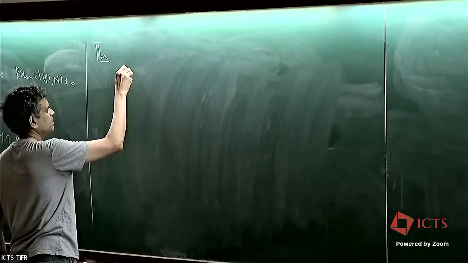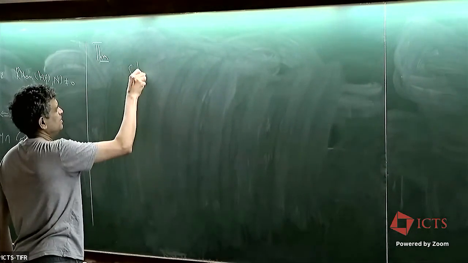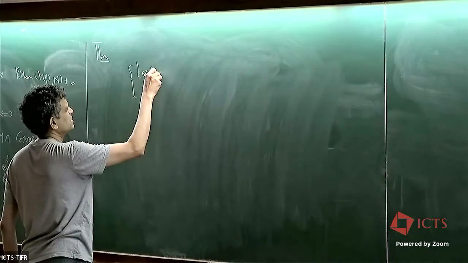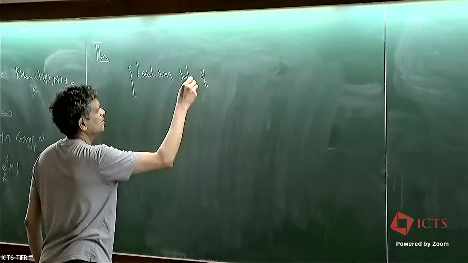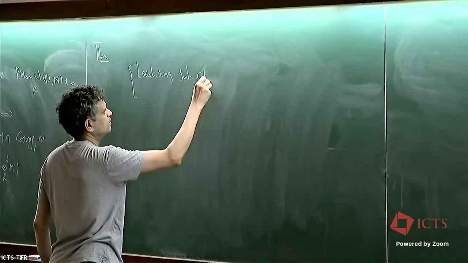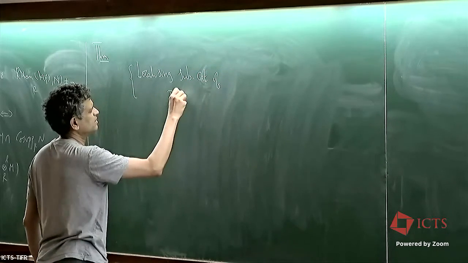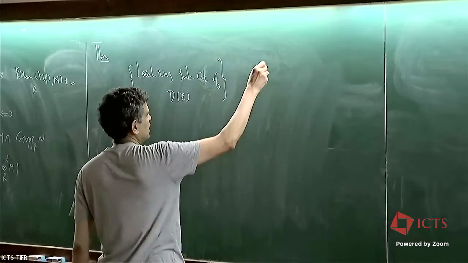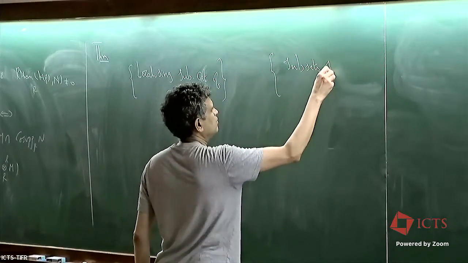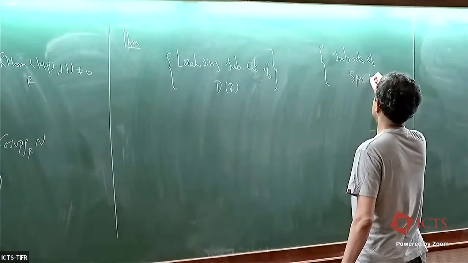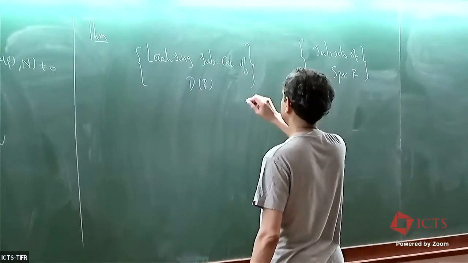Namely, there is a bijection between localizing subcategories of D(R) and arbitrary subsets of Spec R,